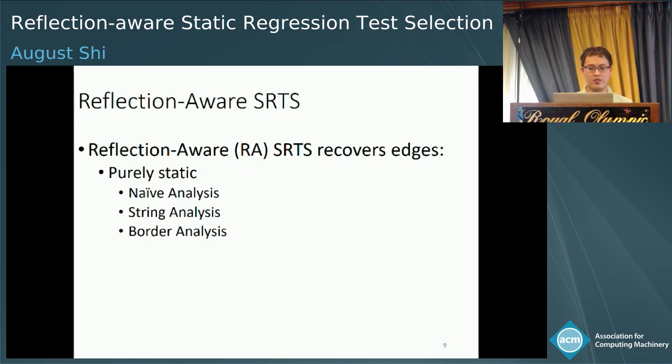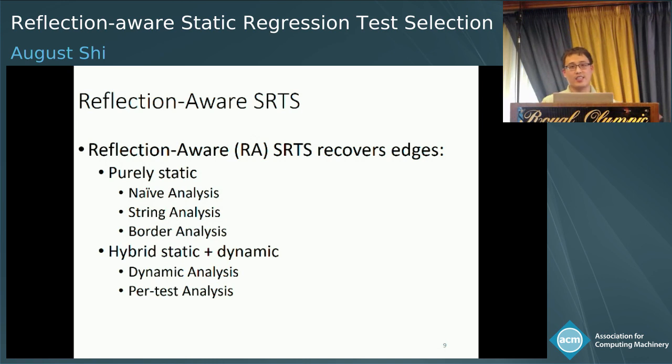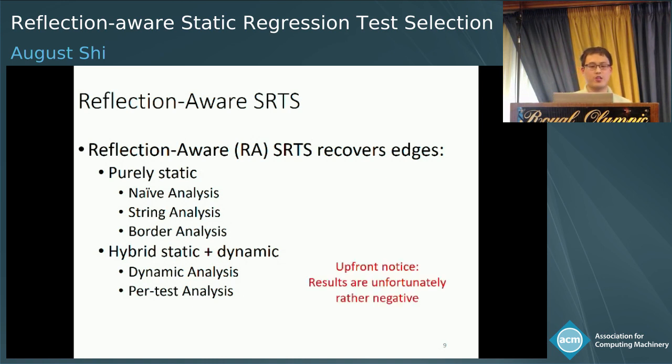We can try to do this either purely statically, to figure out what the missing edges are from some static approach, or we can try a hybrid static and dynamic approach, where we use some dynamic analysis to figure out what reflection is actually being used in the code. I'm going to talk about these techniques in more detail in the coming slides, as well as our results. Though I think it's only fair at this point that I give an upfront notice: